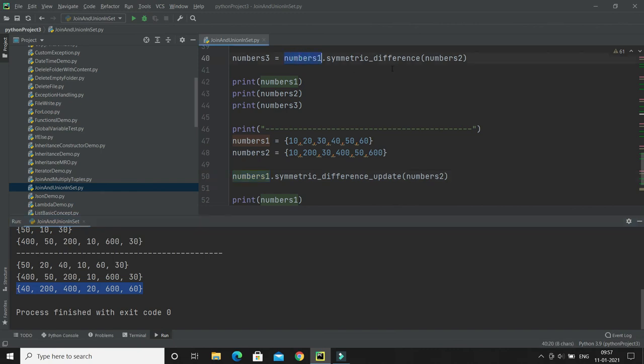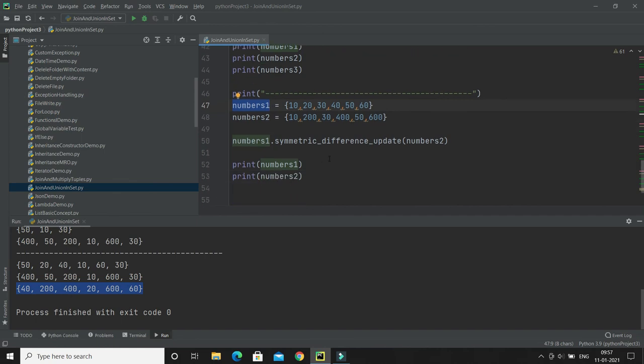Now when you call symmetric difference update, it gets all the items which are not present in both the sets, and that result will be updated in numbers 1, in the first set. That's what I was trying to tell you. That means the result we were getting earlier will be updated in numbers 1. So numbers 1 will be altered, but numbers 2 will be as it is.